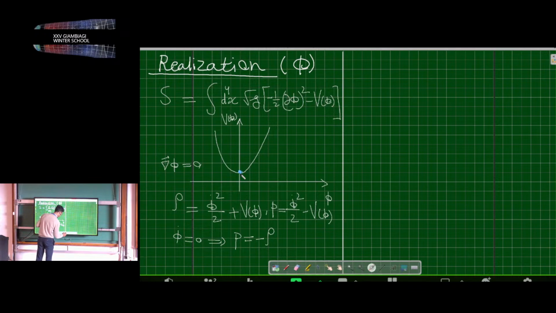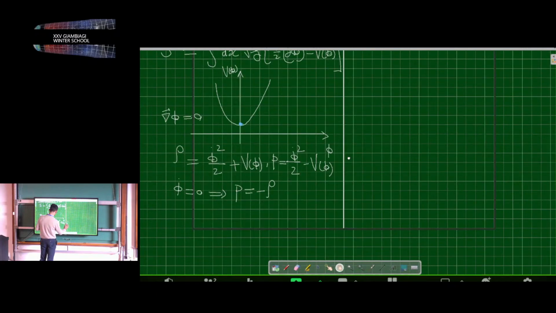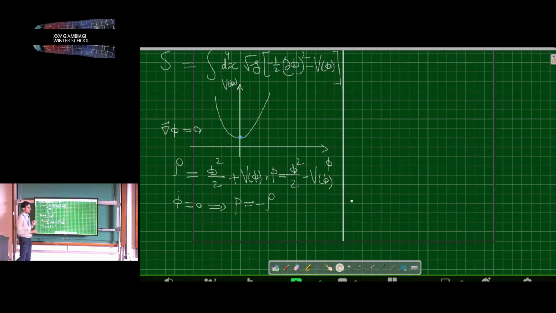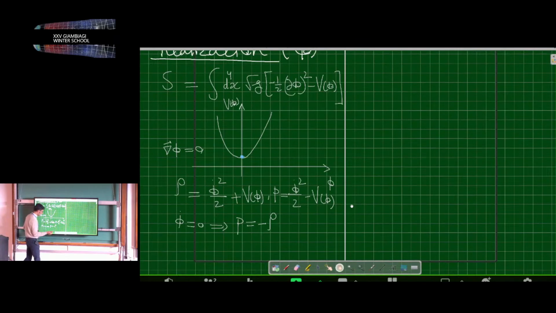So this is not good, but a realistic potential, or you can imagine that the true potential for this scalar field is not like that. Perhaps the true potential is, let me use a different color. The true potential perhaps has other minima. So instead of being like this, there is another minimum which goes very close to 0. This is not exactly 0, but you cannot see the difference because it's very small.